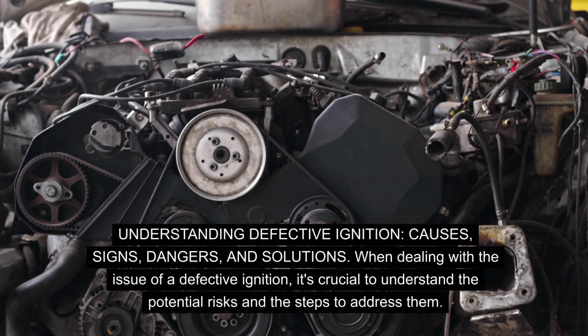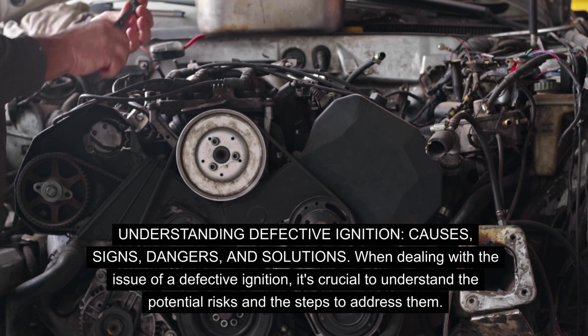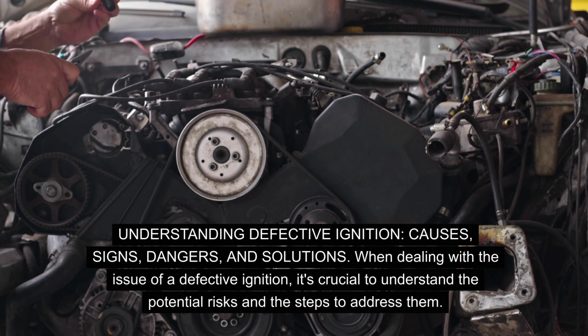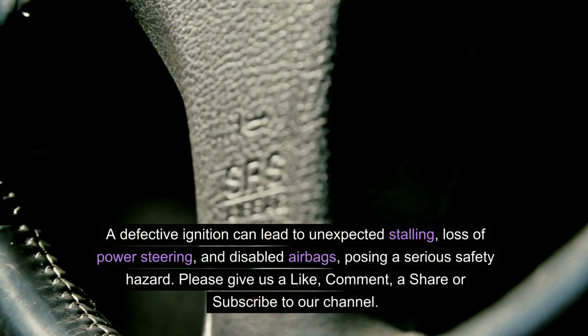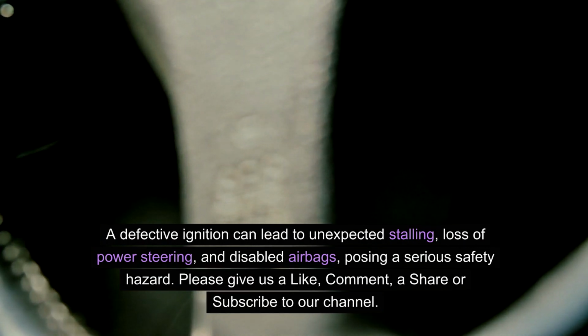Understanding defective ignition, causes, signs, dangers and solutions. When dealing with the issue of a defective ignition, it's crucial to understand the potential risks and the steps to address them. A defective ignition can lead to unexpected stalling, loss of power steering, and disabled airbags, posing a serious